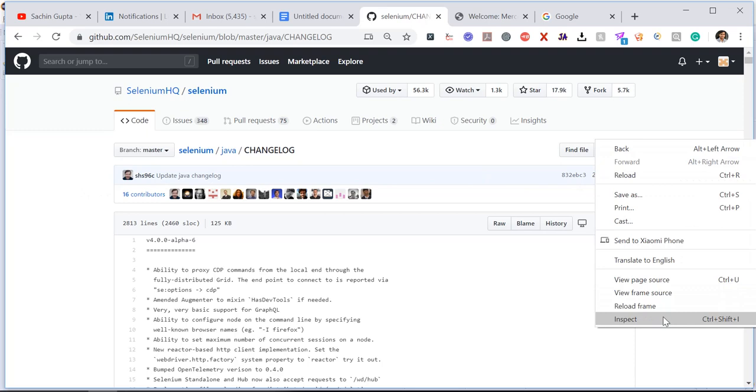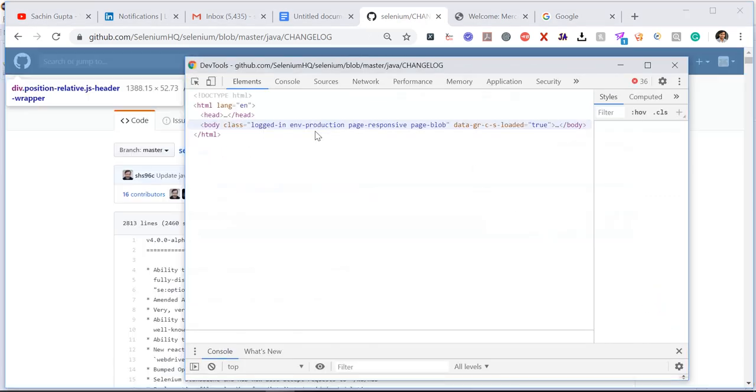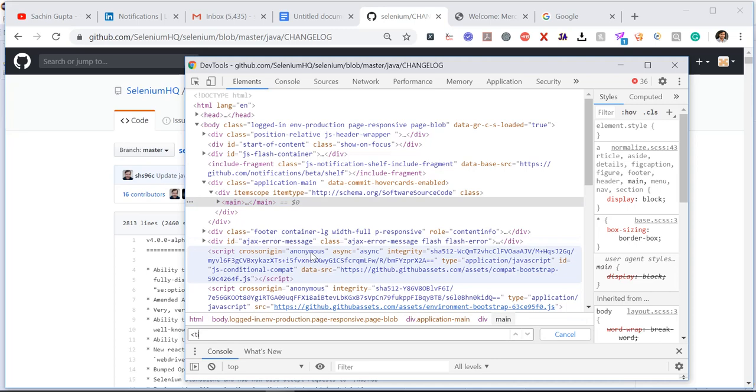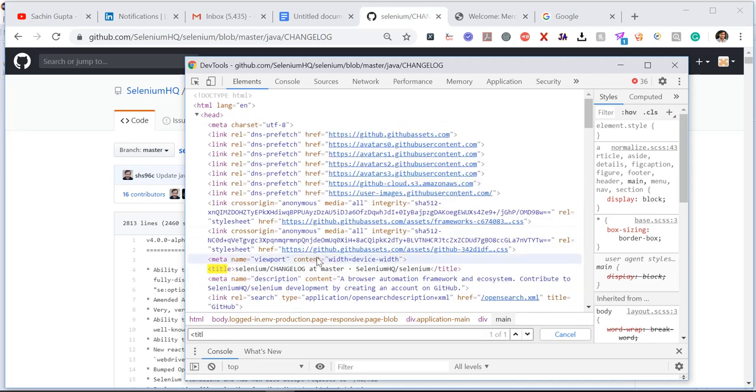And if I inspect this, we will get title somewhere. Title, this is the title. Let me refresh once.